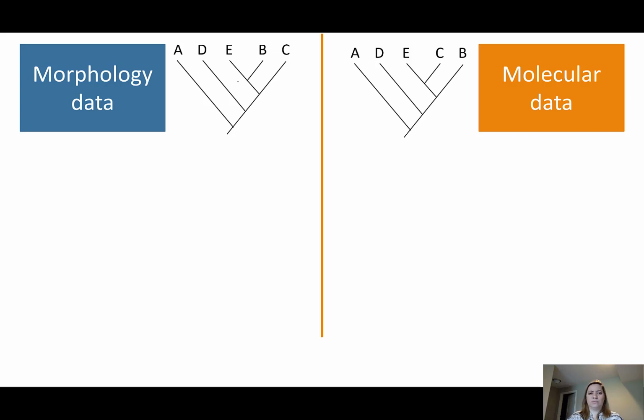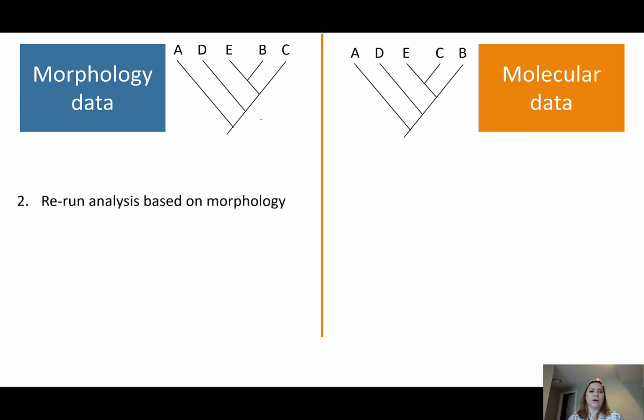Can we even do that? Or are these two trees significantly different from one another? Since there's disagreement, we have to use the Templeton test. If the two trees were exactly the same, you don't even have to do any of these tests. We know that there is one tree that is the most likely evolutionary hypothesis. So, how the Templeton test works is